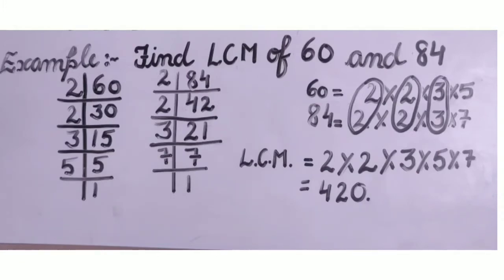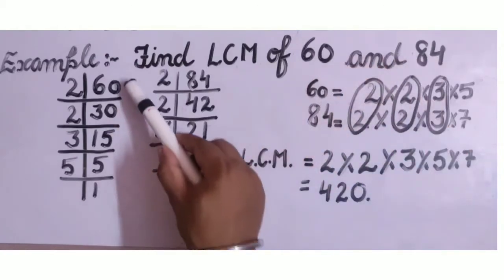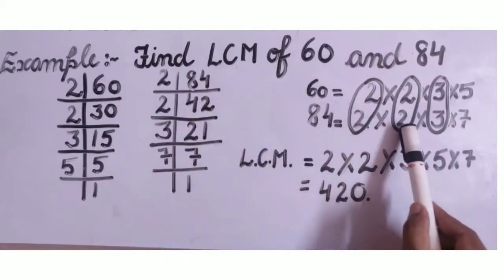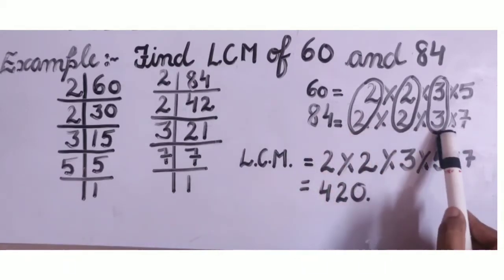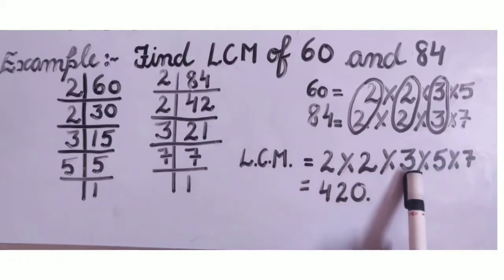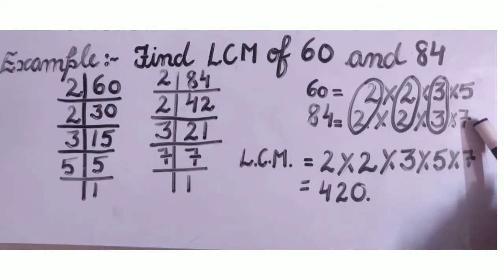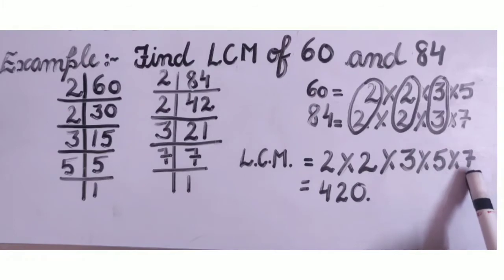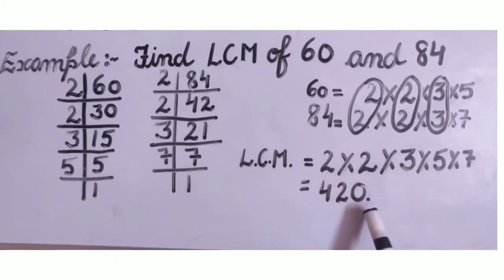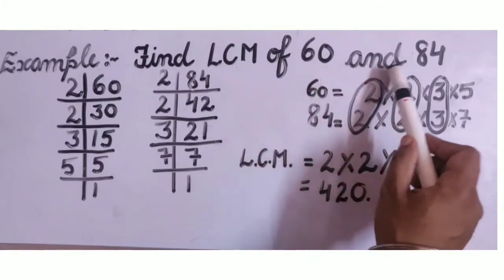So I can say that students, when we are finding out the LCM of the two numbers, the first step is we will represent the given numbers as a product of the prime factors. Second step is we will circle the common factors and we will write them separately. Third step is the factors which are uncommon, we will also write them in the product. Fourth and last step is we will find out the product of the factors which we have separated, and then we will get the LCM of the given numbers.